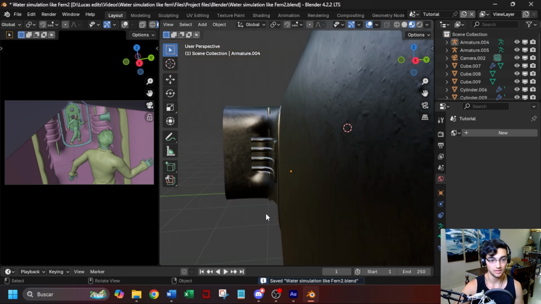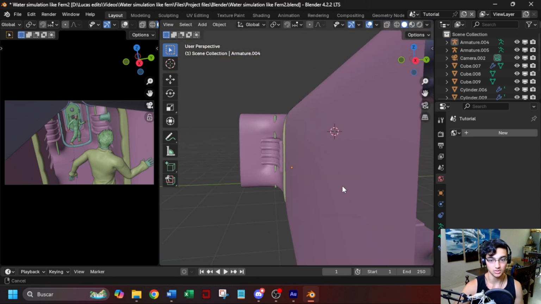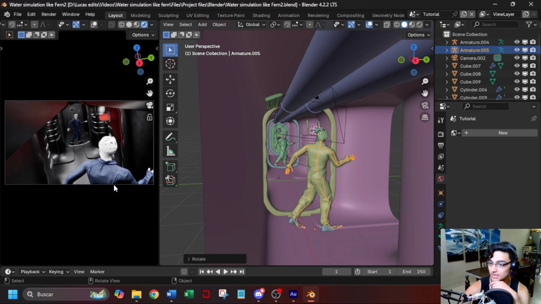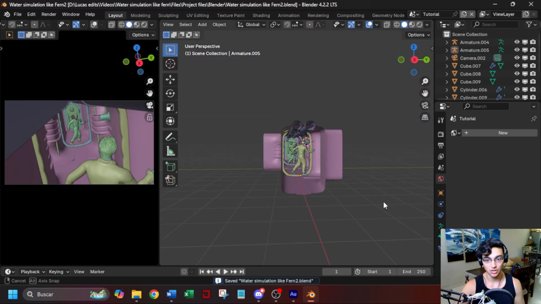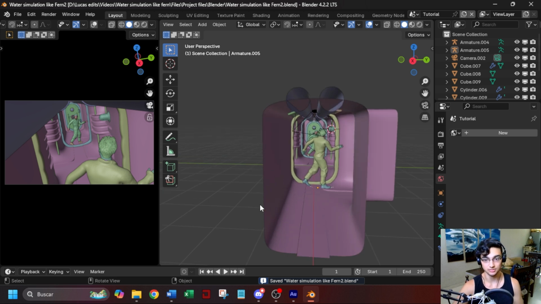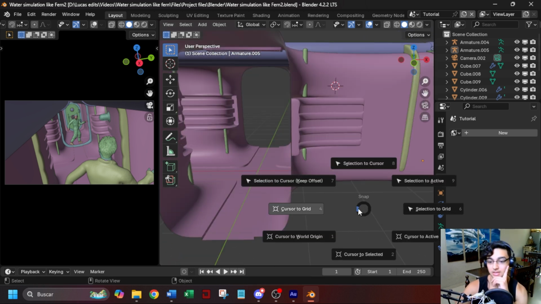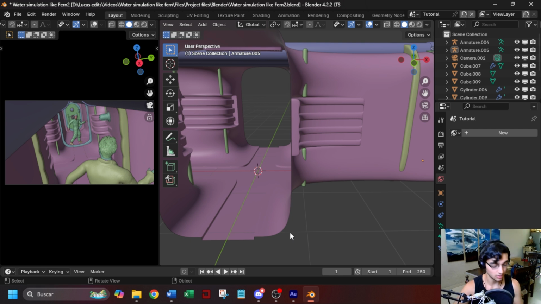Now we have the framing that we want. So let's see here the render view, and yeah, we have this. Now we can start with the fluid simulation. So to make the fluid simulation, you want to go here, press Shift S and cursor to world origin, and